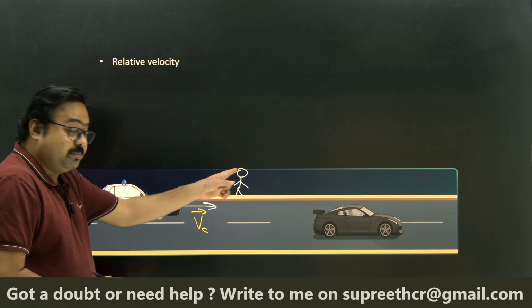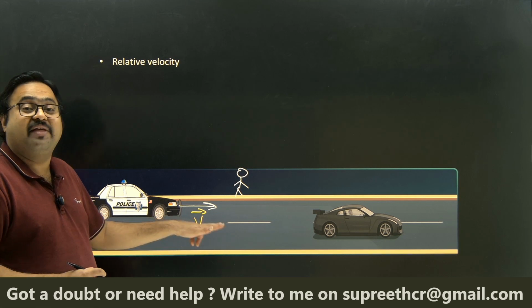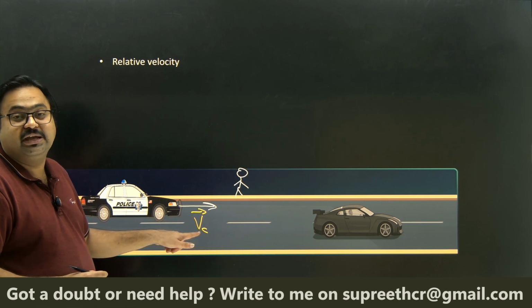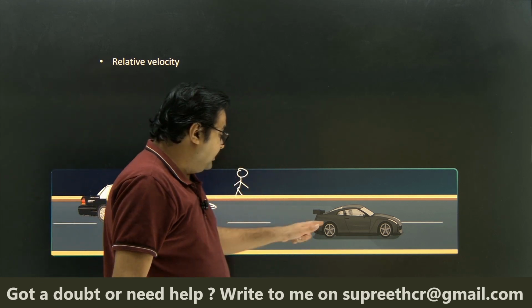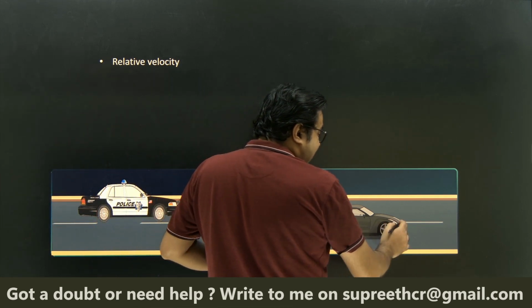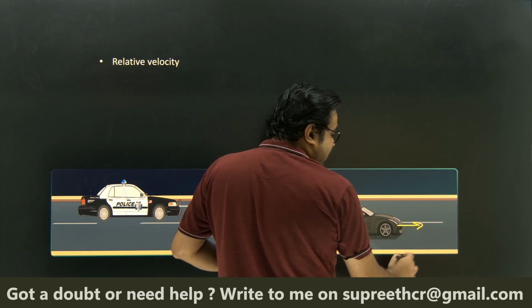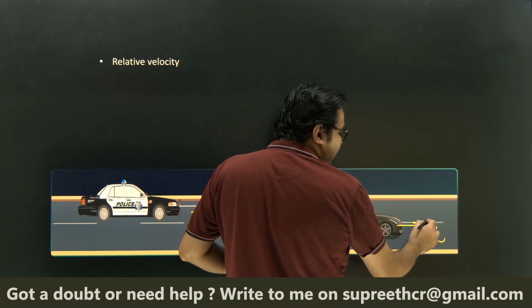and with respect to the person. That means when I don't write the other subscript, I don't write C after that, there's nothing. That means it is with respect to the ground. When that is the situation, here also we have a car, and this car is moving with velocity Vc, let